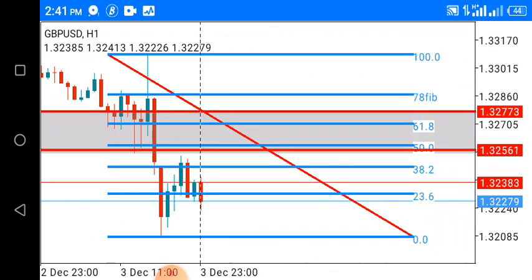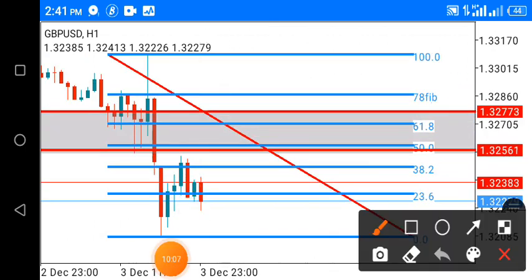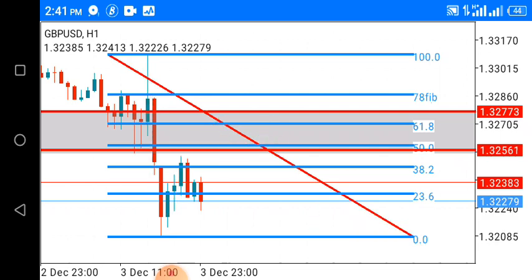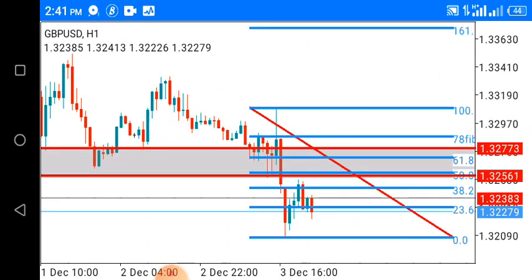I use it to predict the exact point price can turn. Now if you look at it here, this impulse movement that we have, price should go back maybe to around the 50 or 61.8 Fibonacci level. If I see any maybe double top, I will join the sell. I'll definitely join the sell. So that is it. The three rules have been met there. I'm just waiting for entry.